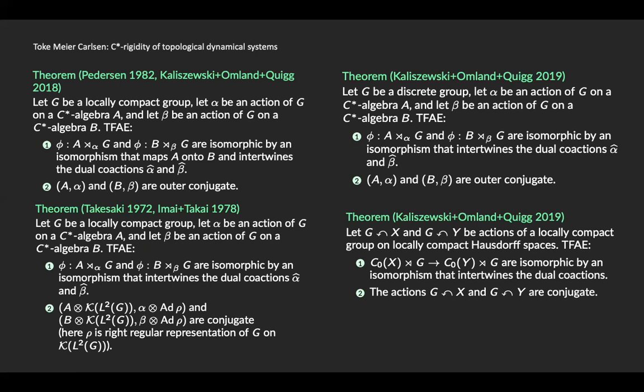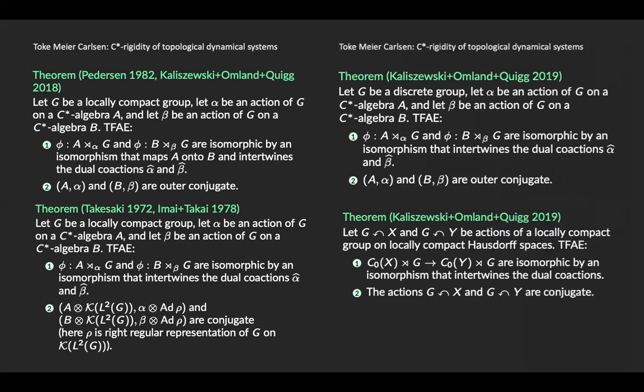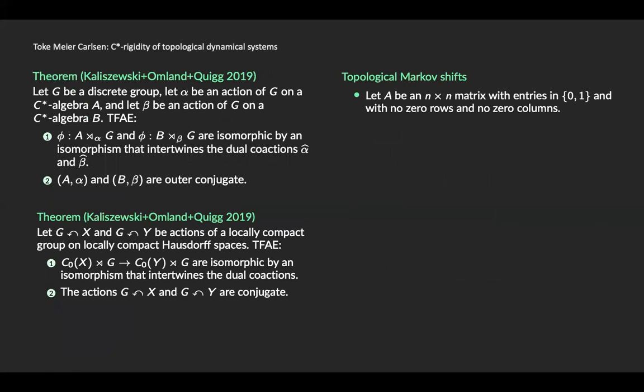And the nicest example of this is in the setting of Cuntz-Krieger algebras. So I will just for now restrict to Cuntz-Krieger algebras. Some of the results can be generalized to more general settings, but I think the setting of Cuntz-Krieger algebras is very nice. So let's stick to that. So as you may know, the Cuntz-Krieger algebras can be considered as C-star algebras associated with topological Markov shifts.